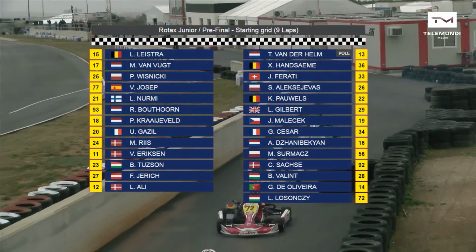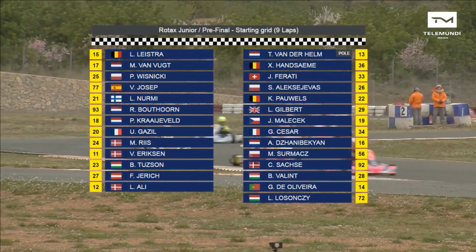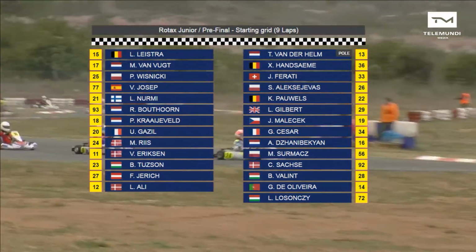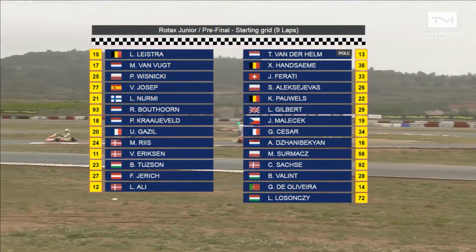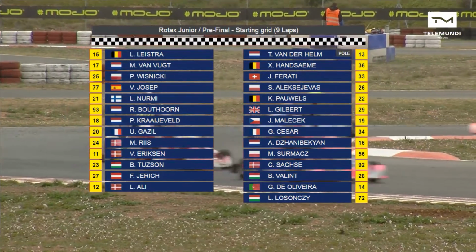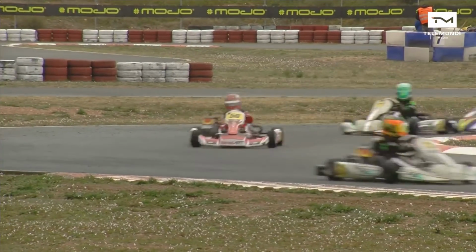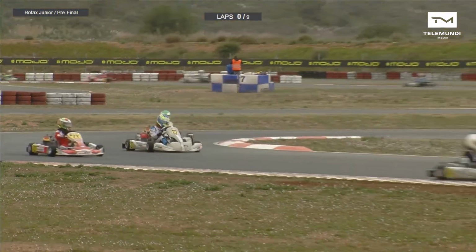The way the grid lines up is all determined by what happened in the heats yesterday, and with the best results it's going to be Tijman van der Helm, the Dutchman who starts from pole position. He's got Luca Lystra, who was quickest on Friday in qualifying, so 2 very quick hot shots towards the front of the field. Row 2 is then headed by Javier Hansemeyer, who had problems this morning in warm-up. I think he lost a wheel coming through the final corner, so Javier has had a little bit of dramatic start to the day, but hopefully he can put that behind him and get set for this pre-final. He's got alongside him Mike Van Vugt, who was very impressive yesterday,